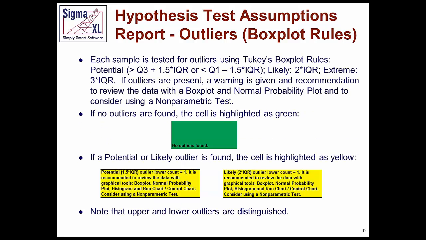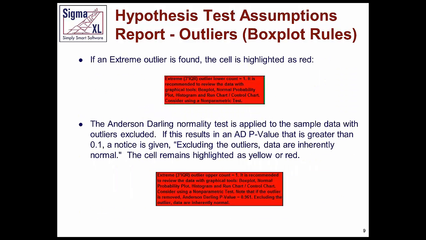And if it is potential or likely, it's highlighted in yellow. If it's extreme, it's highlighted in red. Another little thing that we do that's kind of nice is we then remove the outliers automatically and retest for normality. And if the data are normal minus the outliers, we tell you that. Now, we still highlight it in red or yellow, but point out that your data actually are inherently normal if the outliers are excluded. Now, I'm not saying that you can just remove the outliers, but it's good to know that your non-normality may be due to outliers. So that's something that is given in the